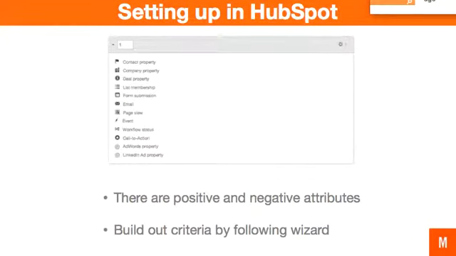So if you are using HubSpot, you can set this all up. You simply go to the lead scoring tab under contacts, go to manual lead scoring, and you are able to set up a series of positive and negative attributes. It's really, really easy. Just follow the wizard, click on add new, assign the score, and then identify whether it's